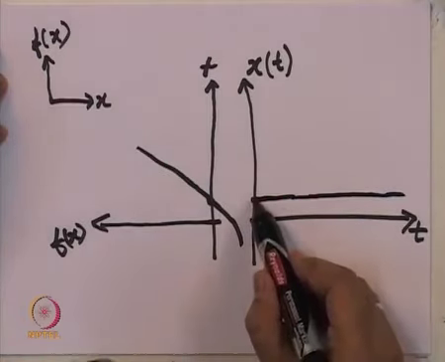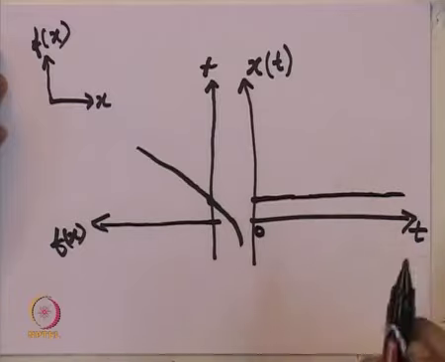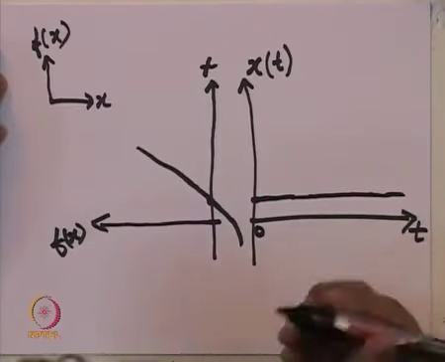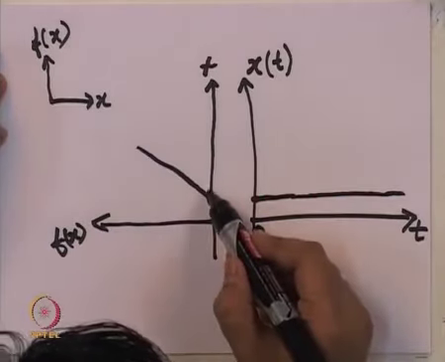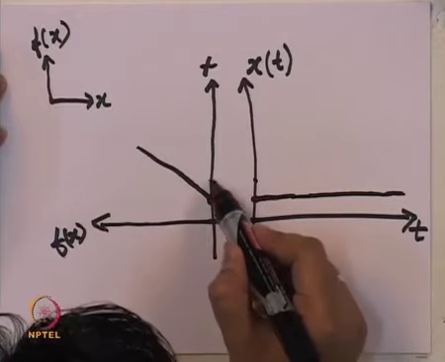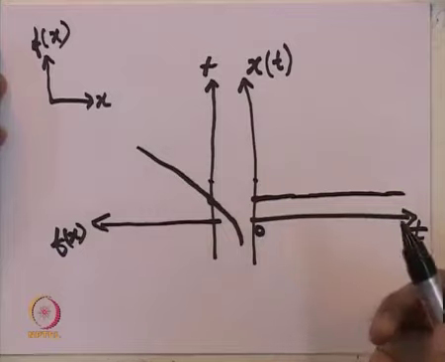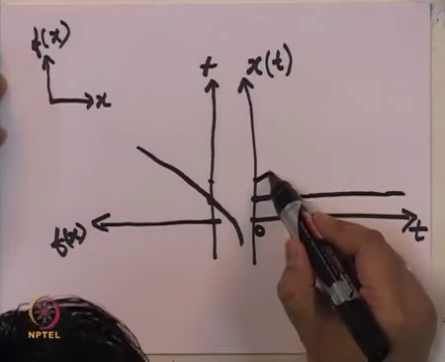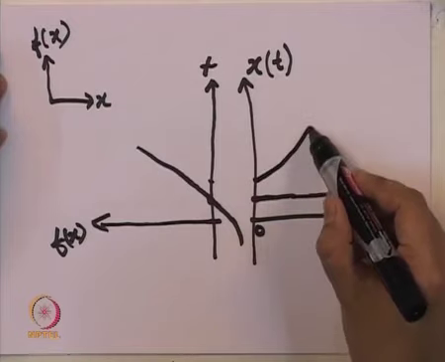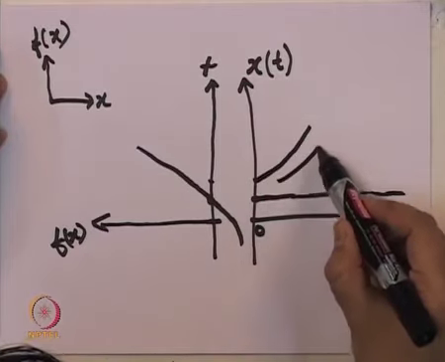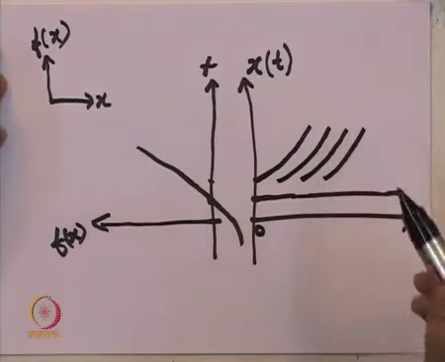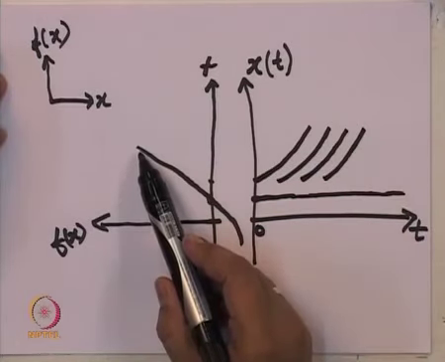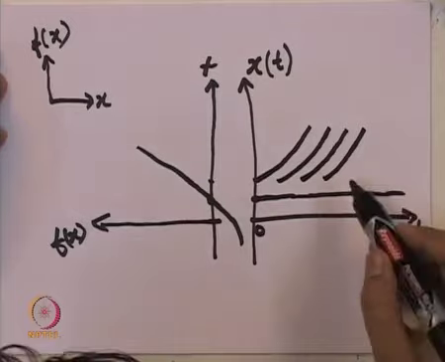Why? Because at every time instant t, x dot is equal to 0. In other words, x is constant. It is equal to what constant? Precisely this value of x where f is equal to 0. On the other hand, when x is at a slightly higher value, suppose here, then we see that f is positive. Because f is positive, x dot is positive, which means x is increasing as a function of time. So if it is equal to this value at any time instant t, it just increases. How long it will increase depends on how f varies with x.